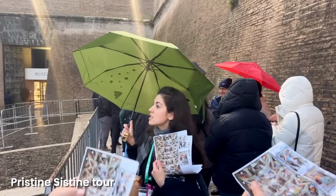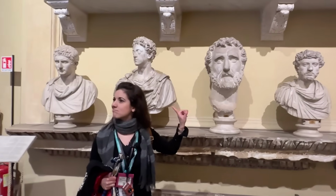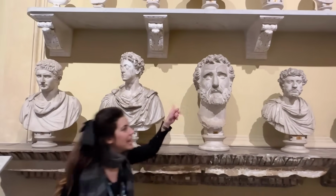You meet at 7:15 a.m. and you go inside the Vatican Museums right when they open at 8 a.m. with your guide. It's a small group tour. You slowly and methodically make your way to the Sistine Chapel. And because it is a guided tour and because Walks of Italy has the permission to do this, they can